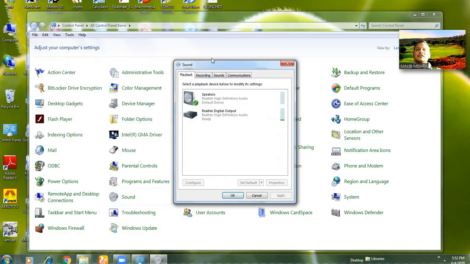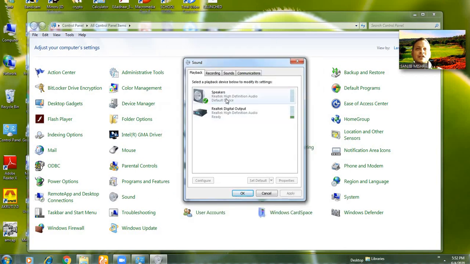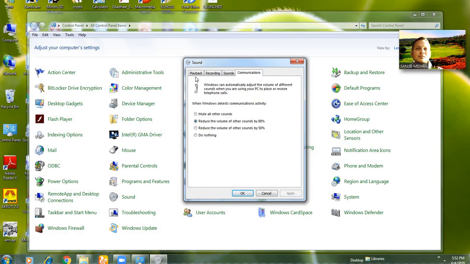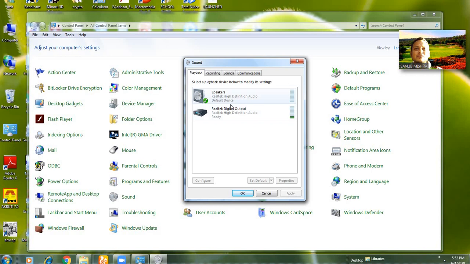What will happen? Here the sound setting dialog box will appear. There are four tabs: playback, recording, sounds, and communications. Playback means here the speaker is working. Here the digital audio speaker is working; if your speaker is not working, this symbol will not appear, and the tick mark will not be given. Okay, is recording okay or not? When we click on recording, this microphone is recording my voice. Here it shows the recording sound, tick mark is given, and you see this volume increasing and decreasing according to my sound volume, so the sound is being recorded.